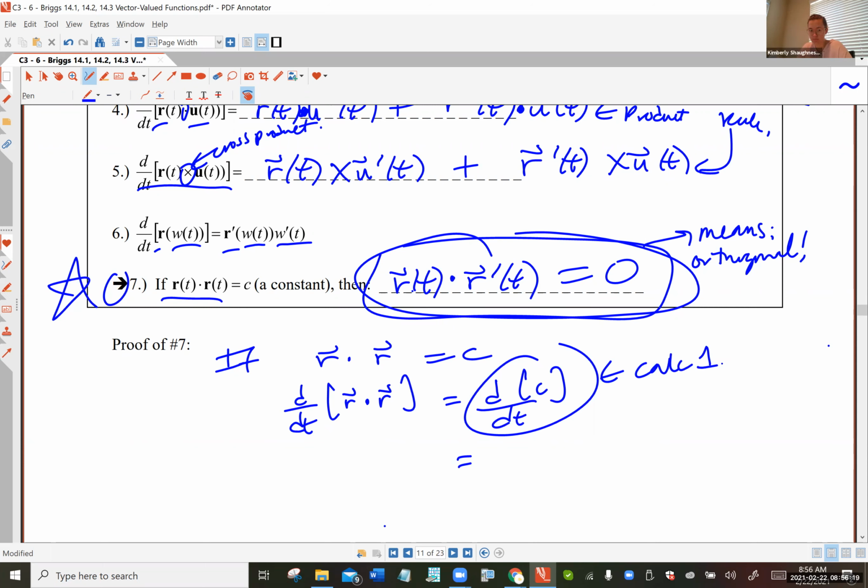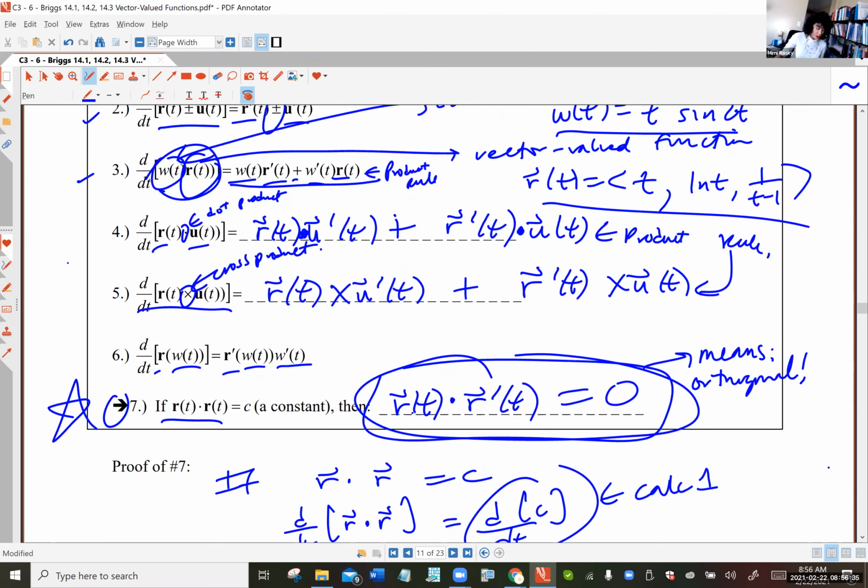Nothing. 0. 0. Yeah, like what's the derivative of 2? 0. Okay, so on the left-hand side, we're going to use the product rule because we're going to basically use number 4 from the theorem up above, that when you take the derivative, just scroll up here,